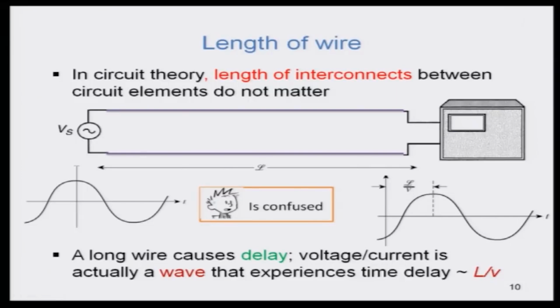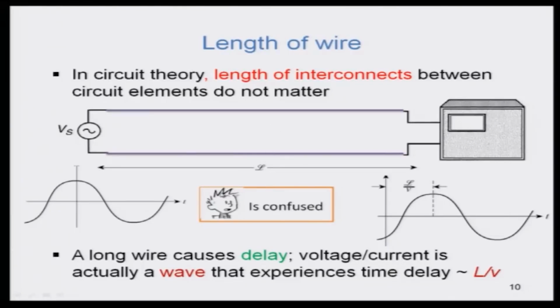This is actually confusing for circuit people, because the wire length should not matter. The resolution of this paradox is that a long wire actually causes delay, and voltage and currents are not the scalar variables that we have thought so far, but rather waves, and a wave experiences a time delay of L by V when it propagates with a phase velocity of V. You might not understand all these concepts at this point, but just keep in mind that whenever you are connecting a source and a load separated by a long distance, there is some time delay involved, and this time delay is not taken into account by circuits, whereas it is explicitly taken into account by electromagnetic